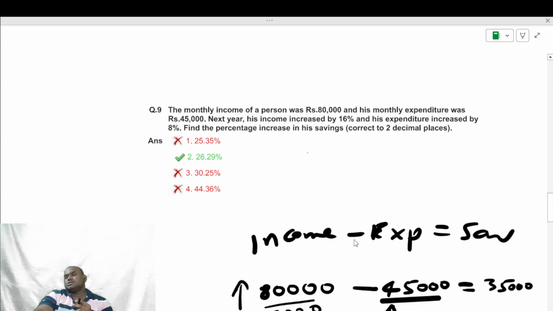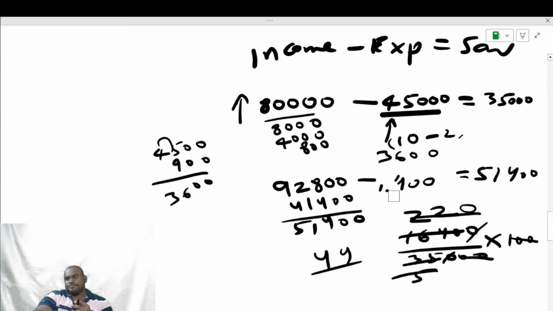Okay. Oh, sorry. We're not supposed to subtract here. Here expenditure is not decreased, it is also increased. I'm sorry. So we are supposed to add here, not subtract. So 8% is nothing but